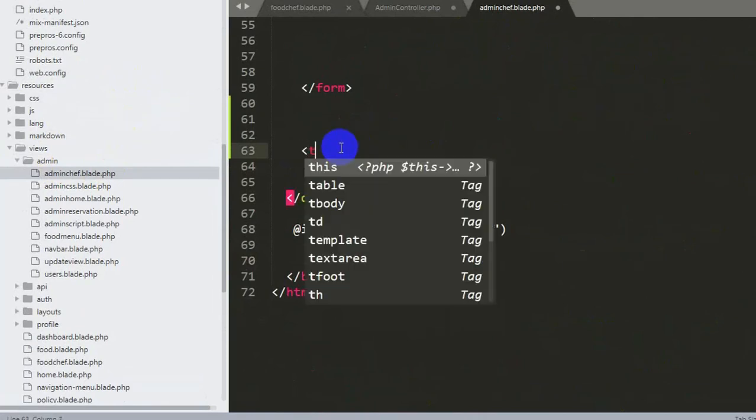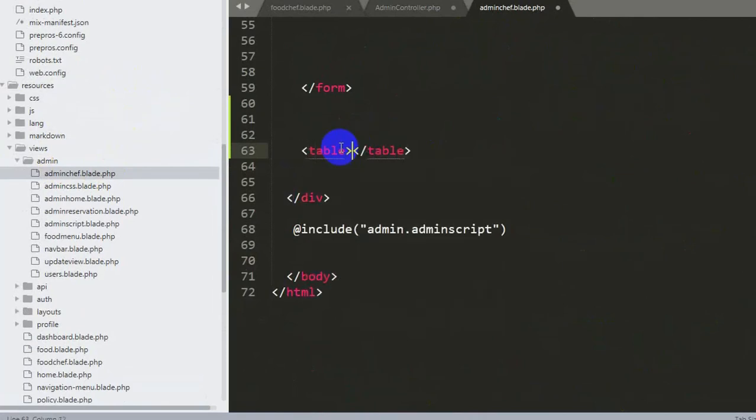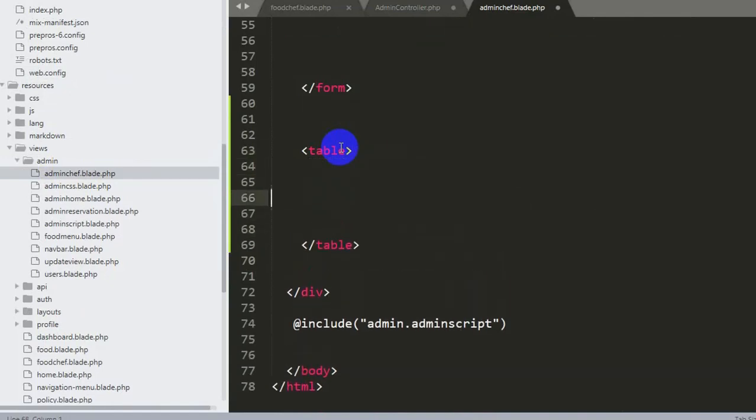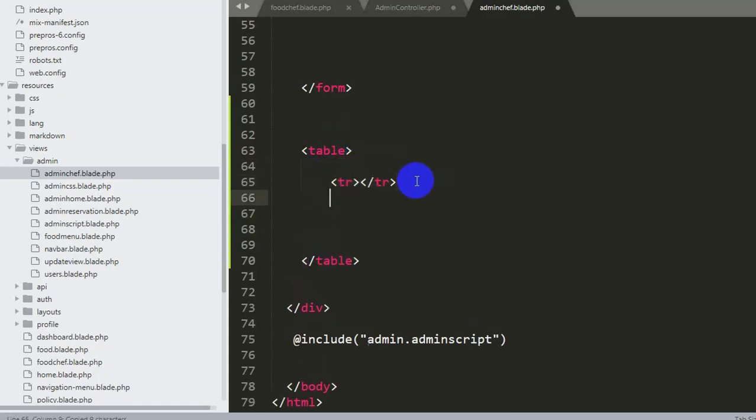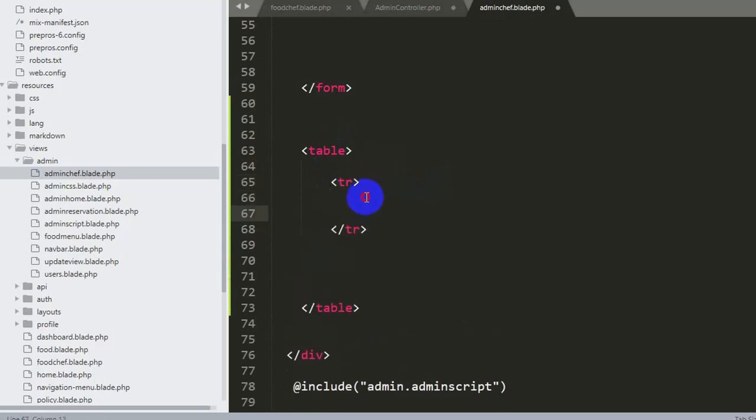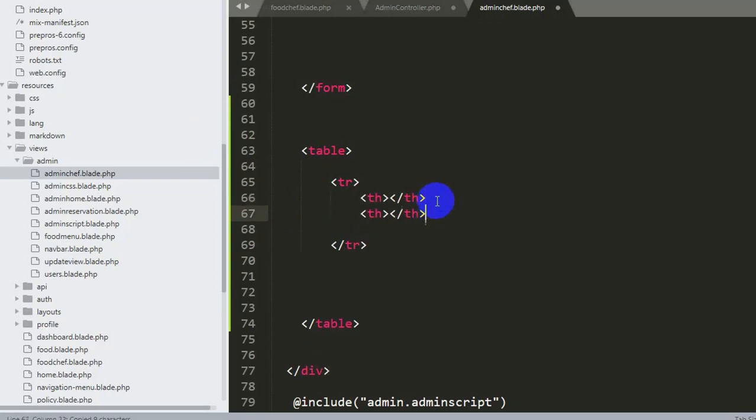For creating a table we just set table, and inside this table we will set tr. Let me just copy it and paste it 3 times. Sorry, not tr, inside tr we'll say th, which means table header, and we'll copy this th and paste it 3 times.